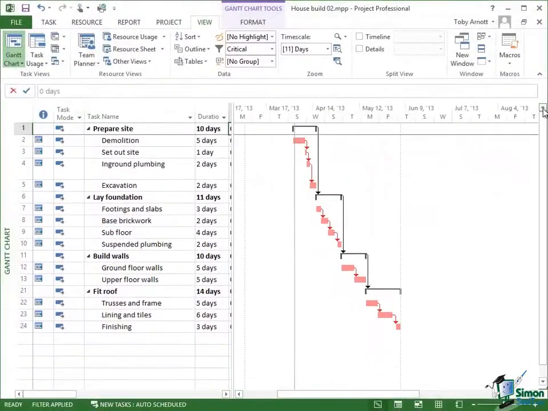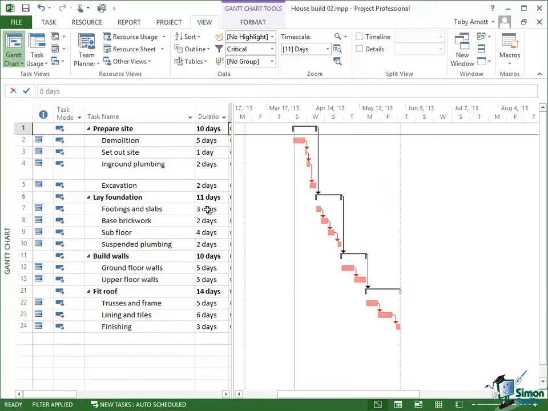Shortening the critical path is something that a project manager will do quite a lot when they're using Microsoft Project. Now, there are a few basic possibilities, but if we start at the very highest level of possibilities, given the critical path as it is now, you can either shorten some of these tasks. So a task like demolition, 5 days, could I do it in 4 days? A task like footing and slabs, 3 days, could I do it in 2 days? And so on. And by reducing the duration of the tasks, I can reduce the length of the critical path,